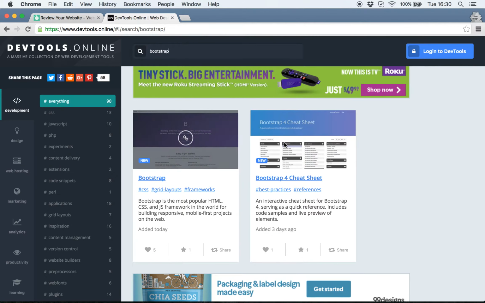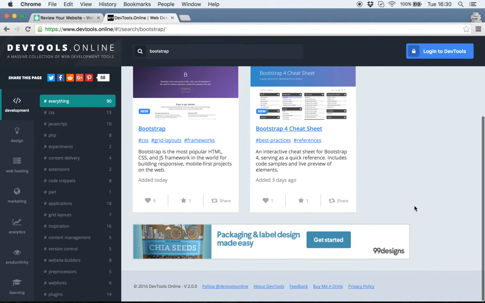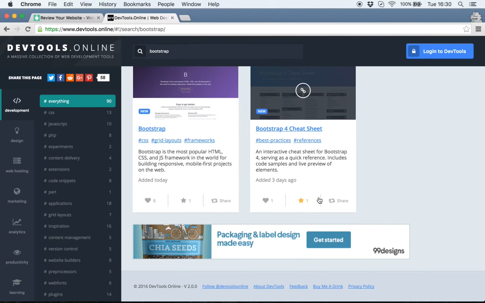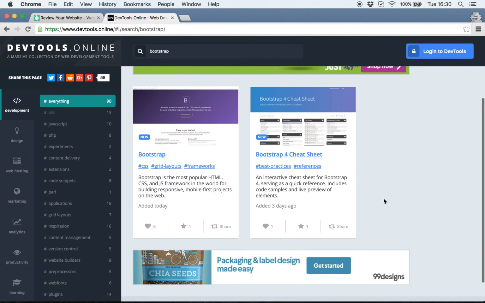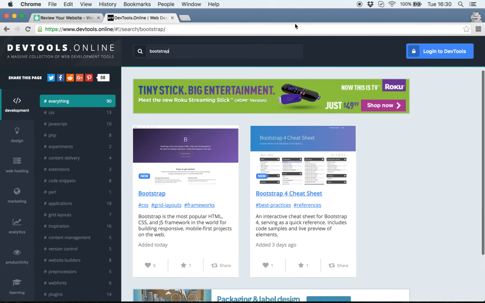What have we got? Bootstrap with the link and Bootstrap cheat sheet. Okay, so that makes sense. And we've got a little blurb of what they are. Added today. Added 3 days ago. Bootstrap was added today. That's a coincidence. Yeah, and we can like them. It's very obvious. The difference between like and star is not obvious at all. And share. Okay, I don't know why I'd want to share that, but anyway, maybe other people might. Okay, so the search feature is pretty straightforward and it does what we want it to do,